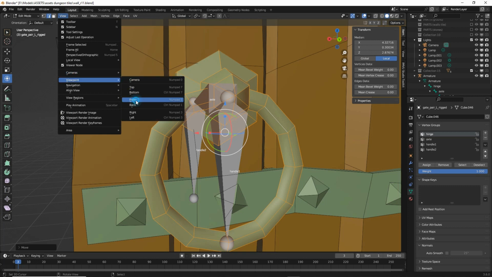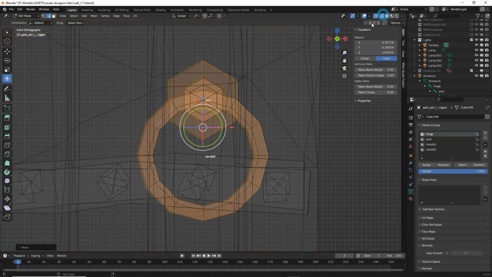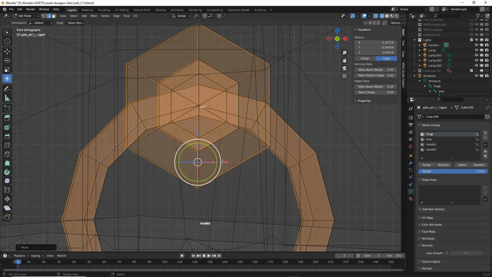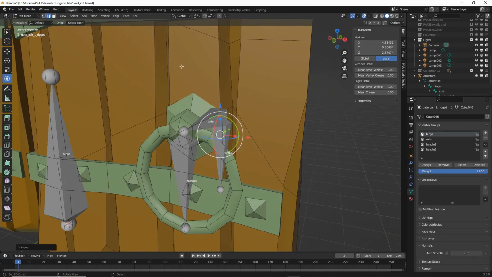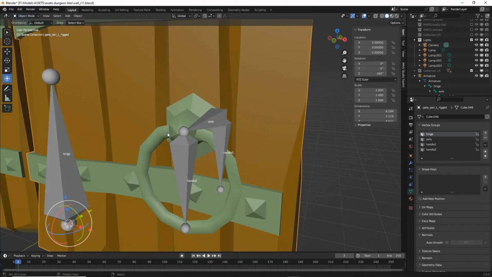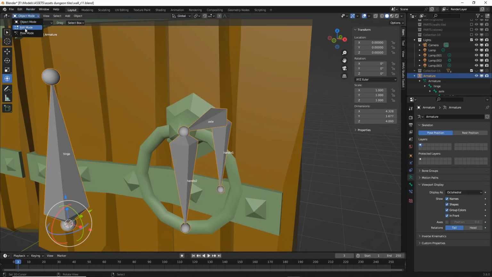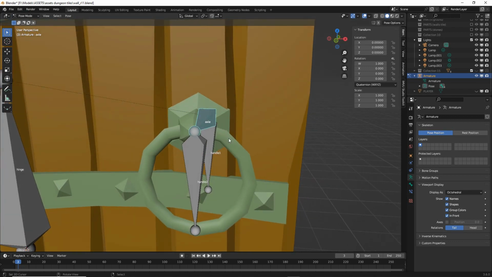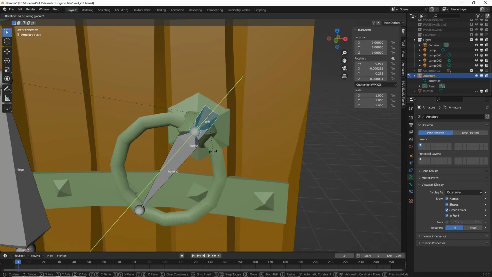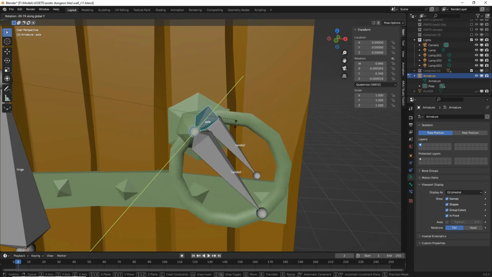So front view, and then wireframe mode again. Align the meshes like so. So now, if we go back into object mode, select the armature. So there's a bit of back and forth in terms of checking. So this is R key. There we go. That's fixed